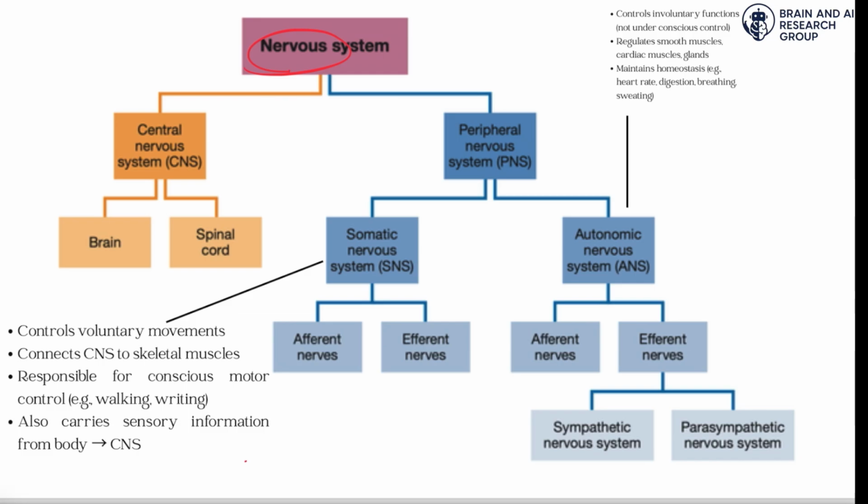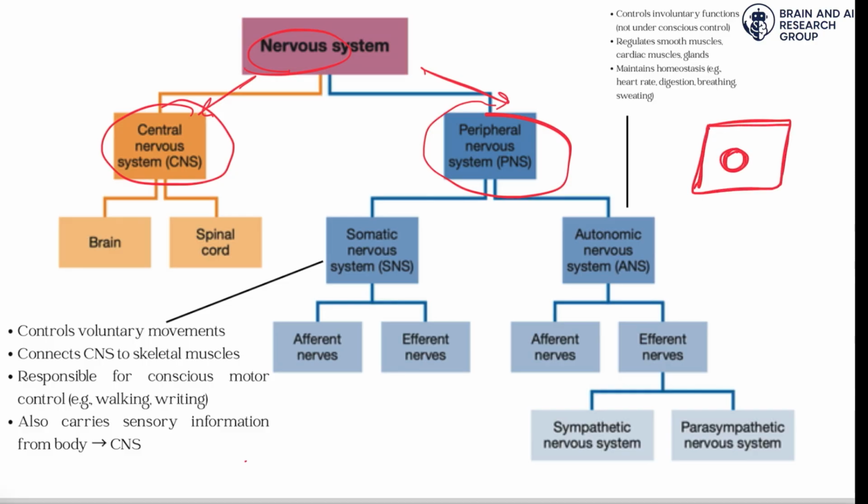Now, to understand the nervous system, we have two important bifurcations. We have your central nervous system, and we have your peripheral nervous system. Now, the central nervous system is the main component of your body and the peripheral nervous system is the boundary of the same. Consider yourself as this box. This is you. So, the core important part of your body is this central nervous system, and everything in its boundary or periphery, which is taking care of it or handling all other important tasks, is your peripheral nervous system. So now one by one let's study each system and get into the details.